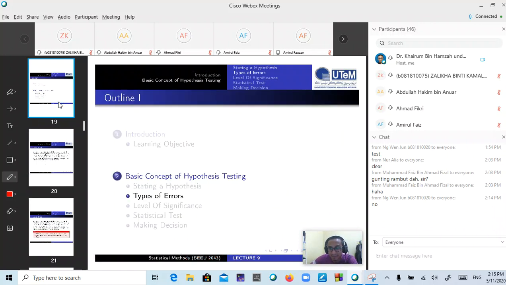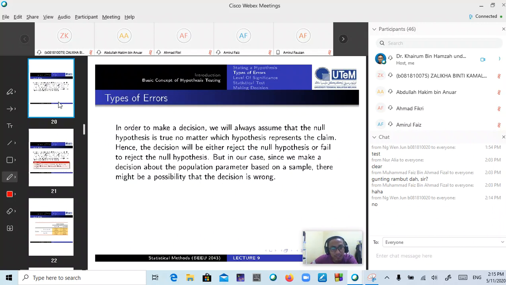Types of error. Types of error, we have two. First one is type 1 error. The second one is type 2 error. Okay, in order to make the decision, somehow, what our calculation is